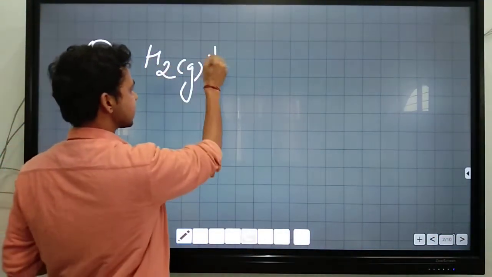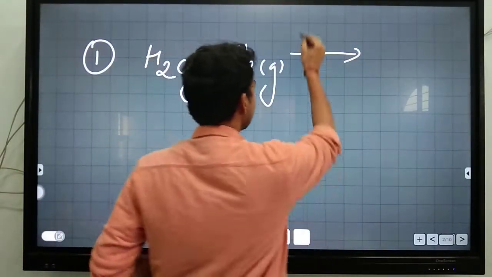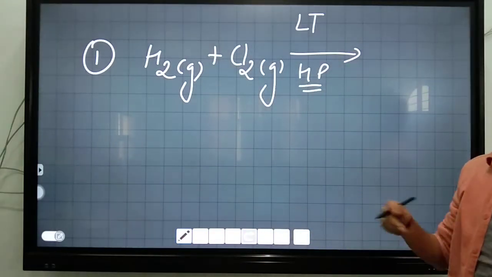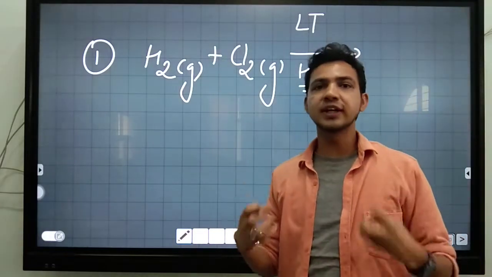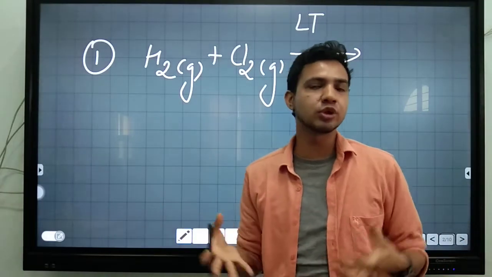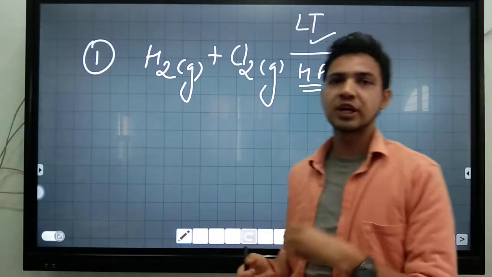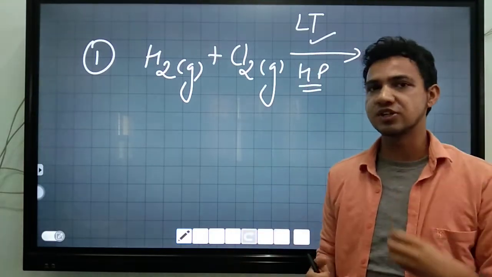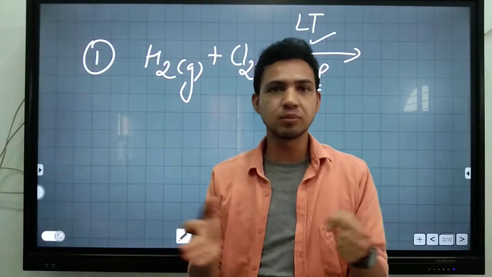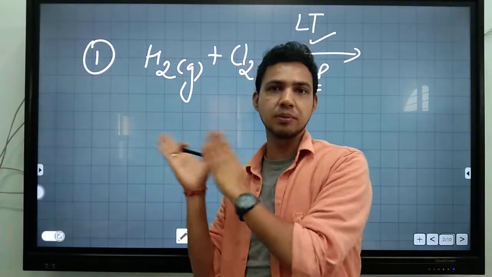H2 is available in the gaseous state, Cl2 is also a gas, so they both react with each other. Here we require a low temperature and higher pressure. Why? Because if the temperature is high, the kinetic energy of gases is too high, so they are not able to come into contact with each other. So we require a low temperature. Due to the low temperature, their kinetic energy is very small and they come close to each other, and when we apply pressure, the intermolecular distance decreases and they easily combine with each other